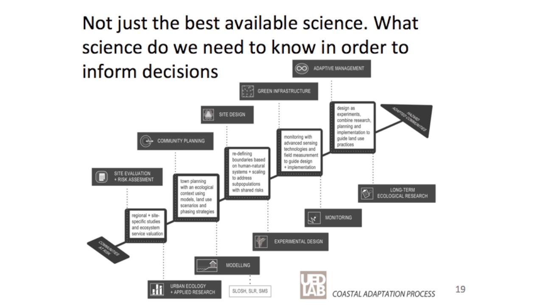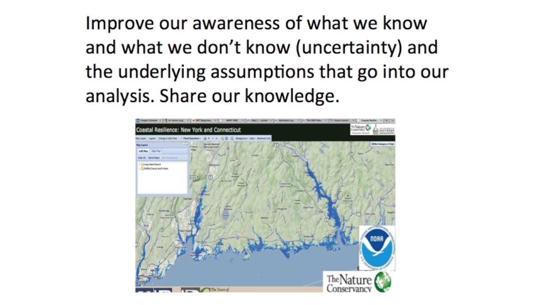And then it's not just the best available science, and I think this is one of the flaws that I see again and again when people are talking about what we need. More of the science, let's get more science directed into this. It's really thinking about what science we need to know in order to inform decisions, and we need to create and generate new science and information. And so the opportunity, for example, the coastal resilience tool that the TNC developed is a great tool, and I've used it in multiple projects, including the Guilford Coastal Resilience Plan that I developed, but it's a tool that doesn't include inland flooding. And it doesn't include certain issues that I think are critical.